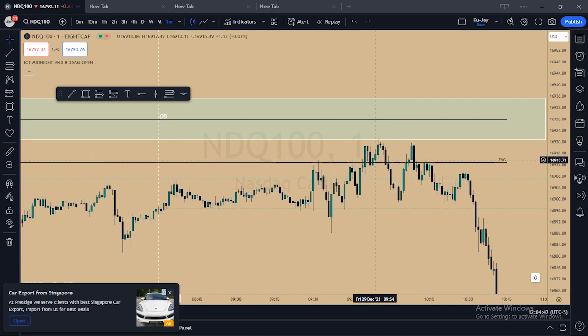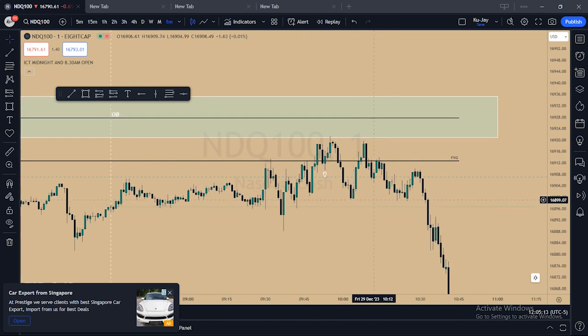Remember, our entry was supposed to be on the fair value gap. This is the 15-minute fair value gap. Here price came, liquidity was taken, and the same thing happens again. Remember, price is fractal, but I don't trade the lower time frames. Here there was a market structure shift, then price came back here. I would have gone to the 1 minute because of low probability, but I don't trade the 1 minute time frame.